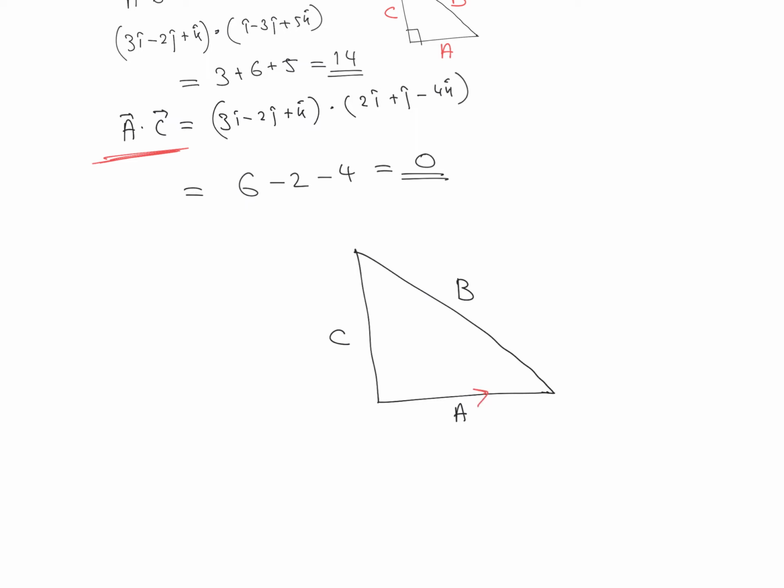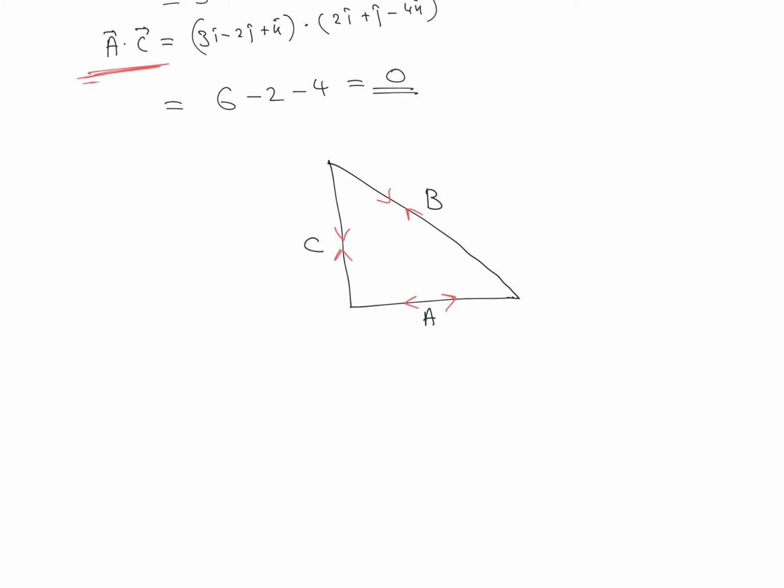That means if we are going for this A vector plus B vector plus C vector in this particular direction, then we may get the answer as nothing but 0. We don't know in which direction these vectors are given. So there is a possibility that the given vector may be in this direction or in this direction. If plus or minus A vector, meaning it may be towards right or towards left, plus or minus B vector or plus or minus C vector is equal to 0,